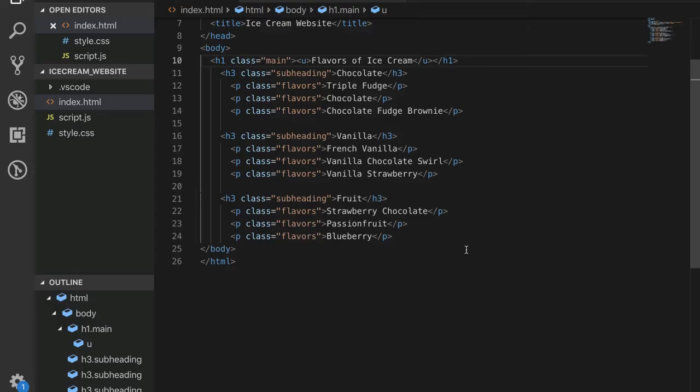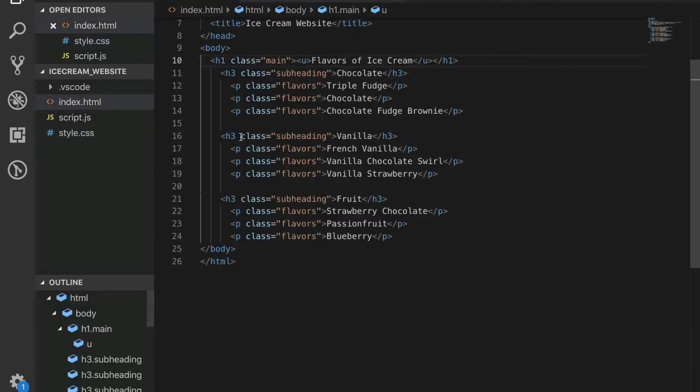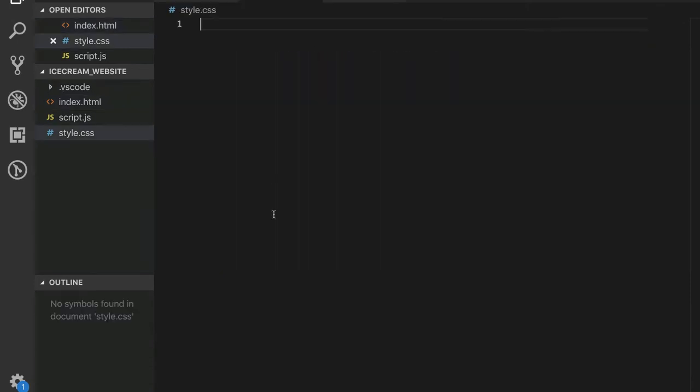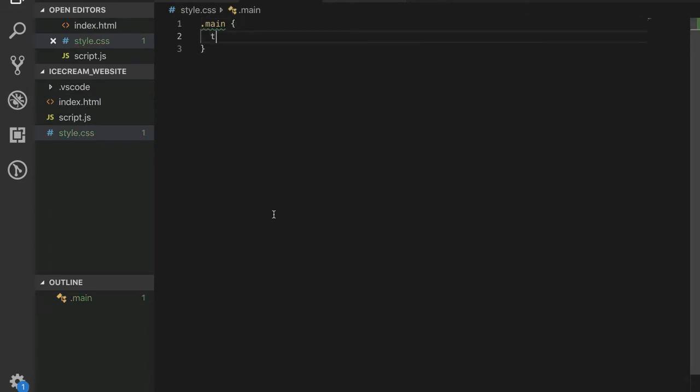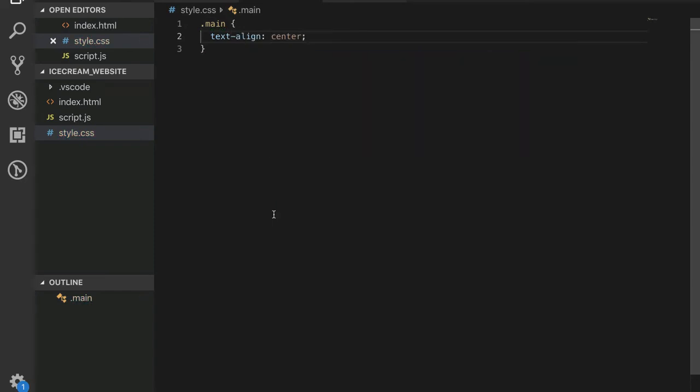Now let's style our website using CSS. So we can go to style.css, and inside of here, we can type in our CSS code. So first, let's style the H1, the one that says main. So we can choose either to type in H1 or .main, and use our mustache brackets. And then inside, we can type in text align center, because we want to center it. Now if we look,